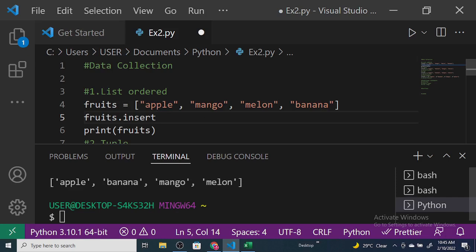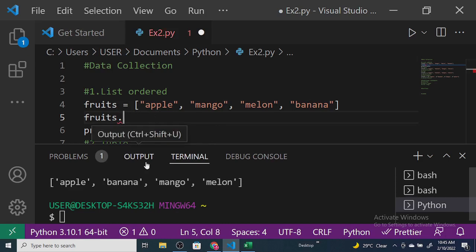So apple is indexed as 0, so it's like you're counting from 0. Mango is indexed as 1, melon indexed as 2, and then banana is indexed as 3. And then you can count in the reverse, starting with -1 for banana, -2 for melon, -3 for mango, and then -4 for apple. Okay, so before we come to the insert,